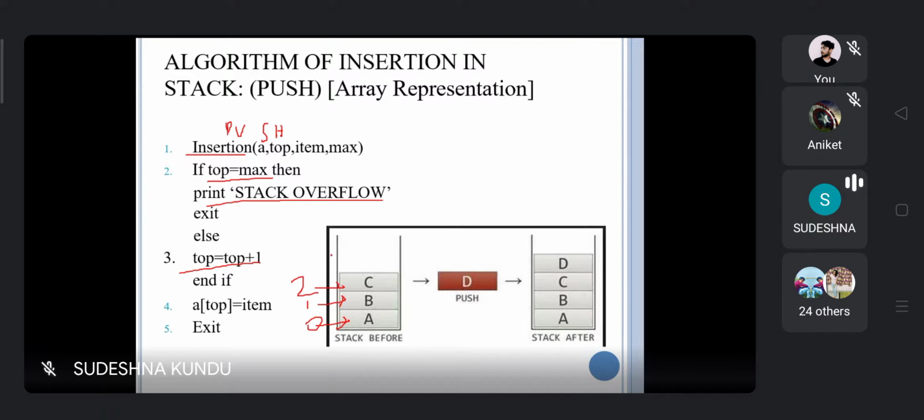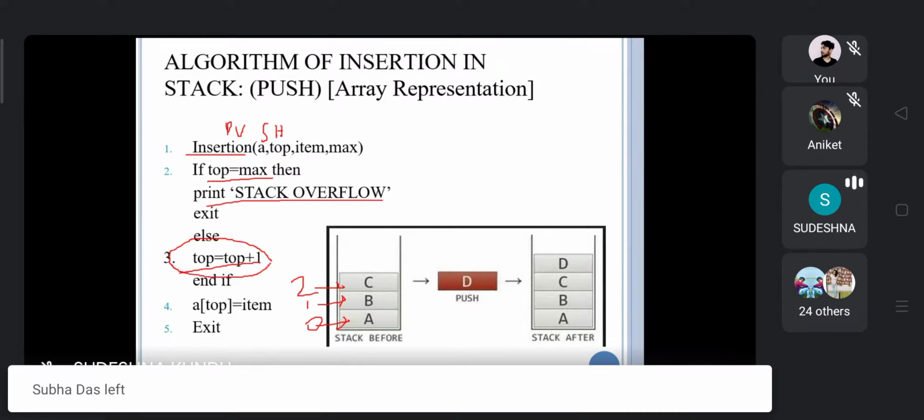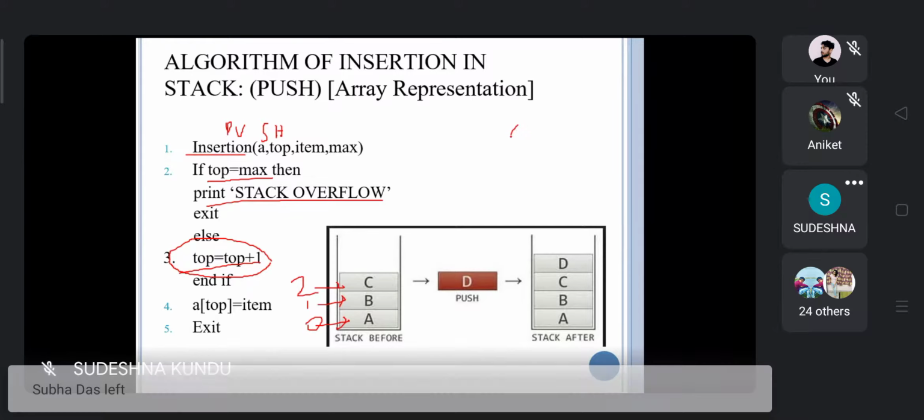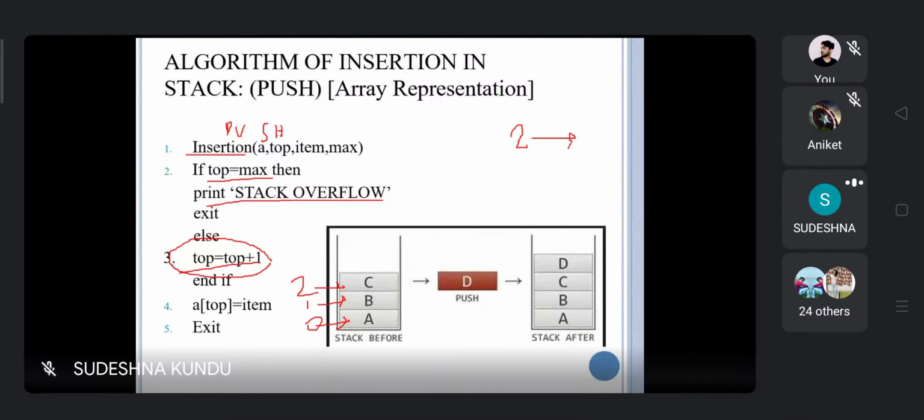If it is not the maximum size, then top equal to top plus 1, meaning 2 will become 3, and in this third position we'll be placing the element D. So here 0, 1, 2, 3. Now top is pointing to this third location.